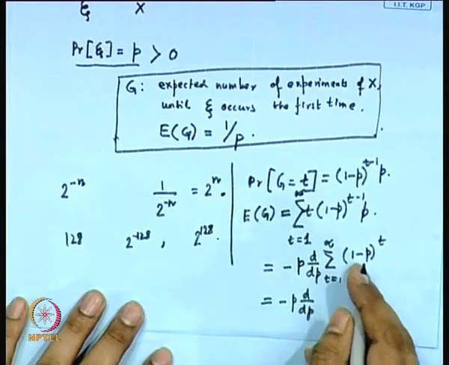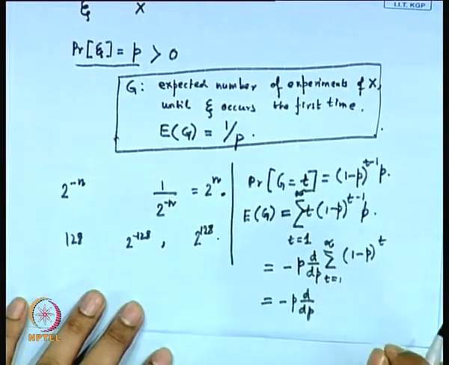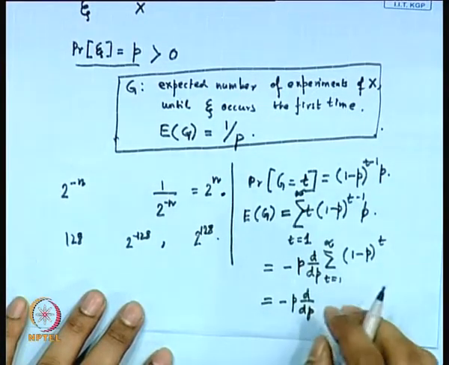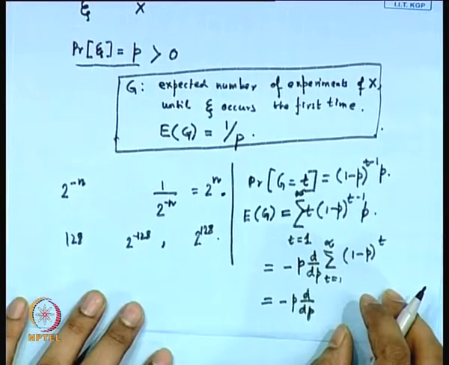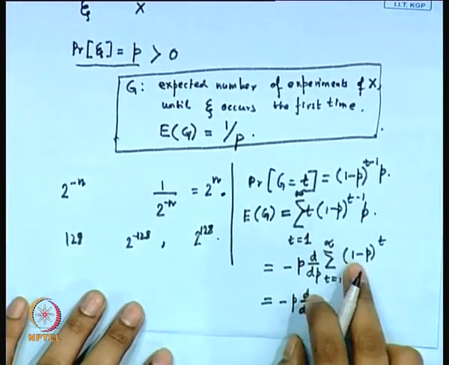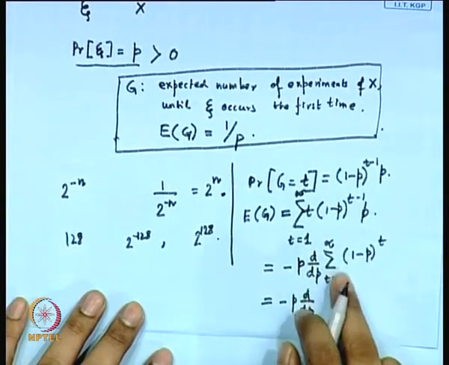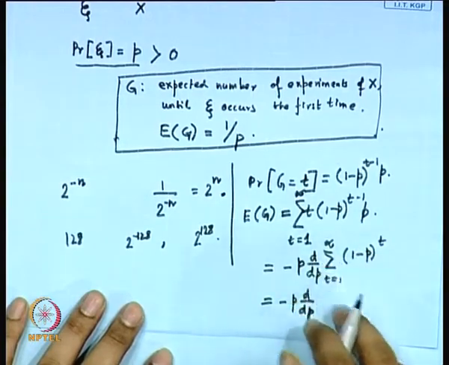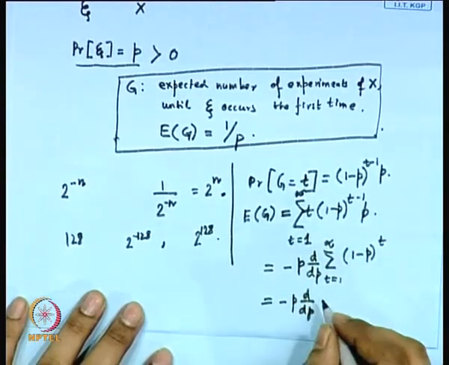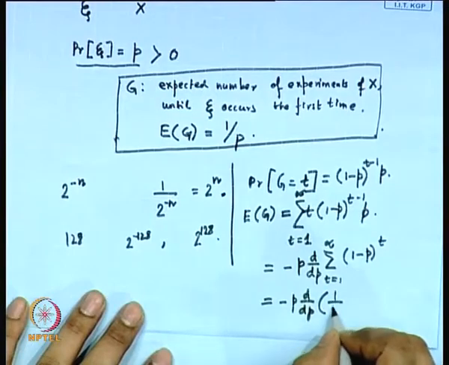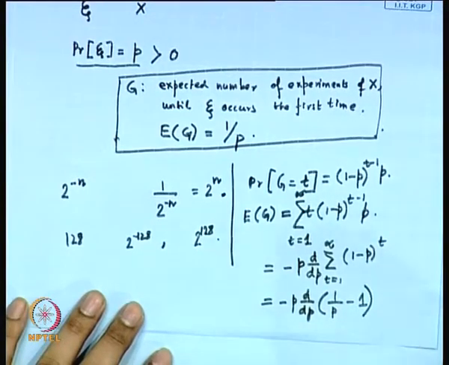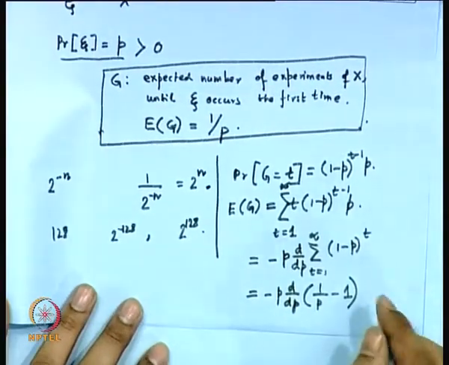And I would like to add this sigma, so there is (1 minus p) to the power of 1 plus (1 minus p) to the power of 2 plus (1 minus p) to the power of 3, and so on till (1 minus p) to the power of infinity. Since this value is less than 1, this summation actually converges, and what we get is d/dp of (1/p minus 1). And this actually works out to